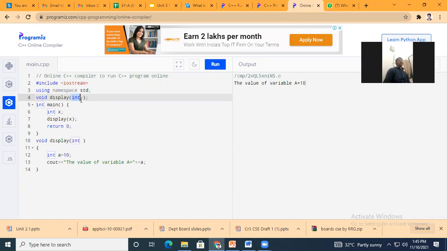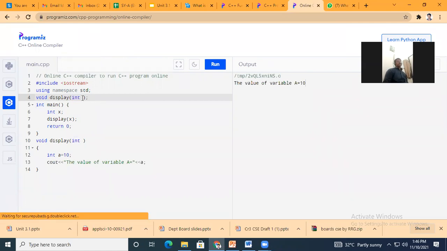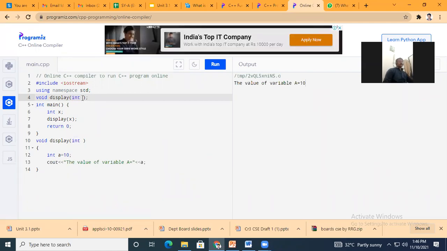If you have written integer and you are passing a float value to the function, again it will raise an error. So if you understood this, now I wish you to implement the program for addition by using parameters in functions. For that you need to have minimum 2 parameters.